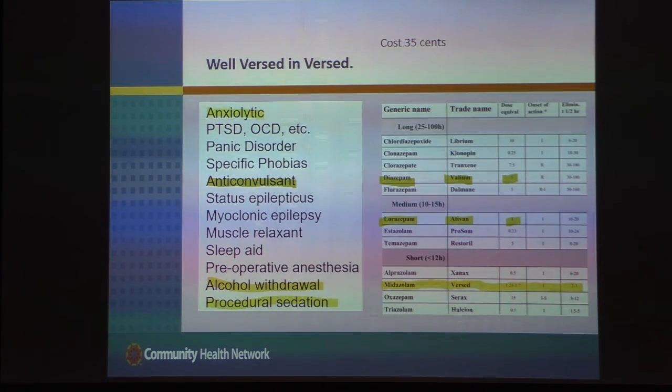When you compare it to others, it's one of the short acting. And it's only lasting a couple hours. Most people kind of start to get out of their Versed treatment within an hour. So that's pretty fast when you compare it to Ativan, which is a half-life of 10 to 20 hours. This is a half-life of 2 to 3, depending on your liver enzymes. Valium, it's way up there, like 30 to 100 based on metabolites. So Valium long-acting, Ativan kind of in the middle, Versed short. So we like that short